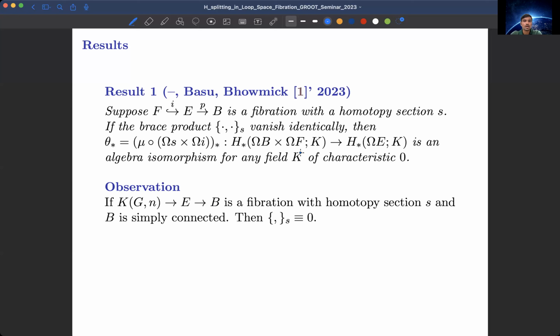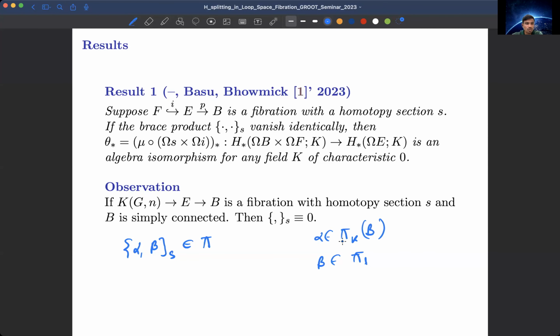So in a sense, this detects a bit of structure at the homology level when we have the vanishing Whitehead product. So a trivial example where we have such a condition: let's say we have a fibration where the fiber is some Eilenberg-MacLane space K(G,n), and if this fibration has some homotopy section S and B is simply connected, then suppose we take the Base product of alpha and beta, so alpha belongs to, let's say, pi k of B, and beta is in some